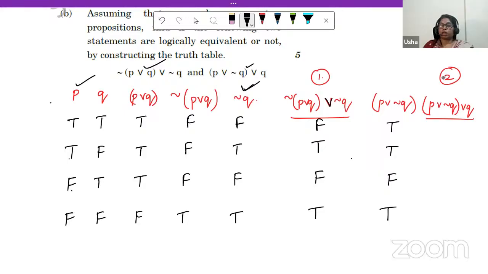This is true. Now with this, we have to apply OR Q. Q is the second column. So with this previous column, I'm going to take this column and write T and T is T. And then T and T is T. F and T is T. T and F is T. F and T is